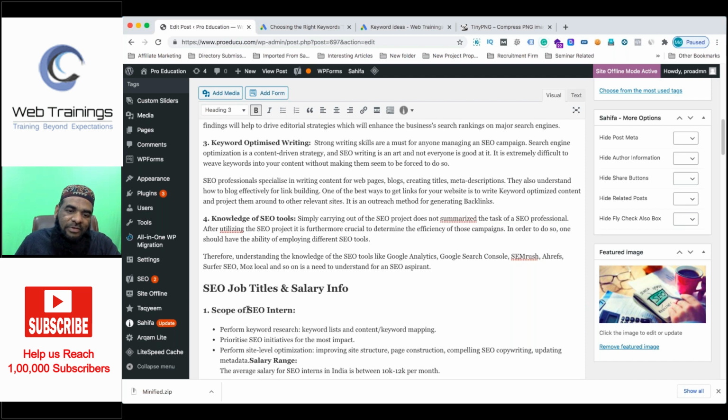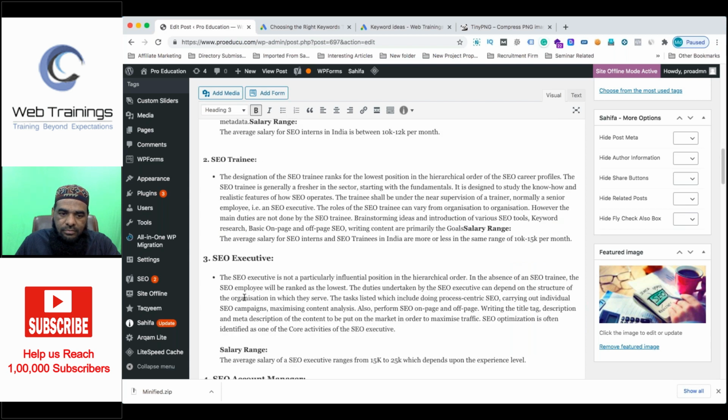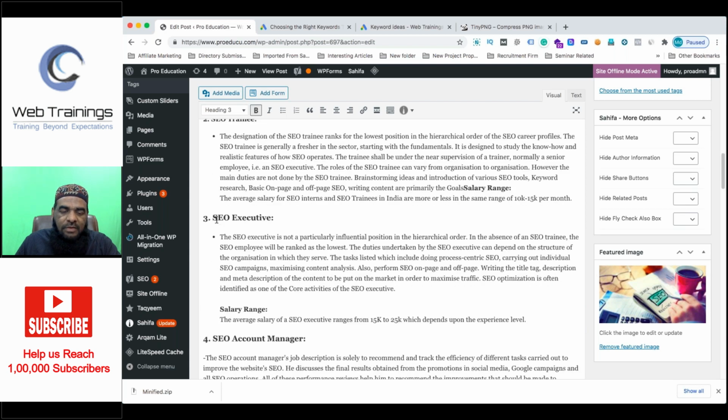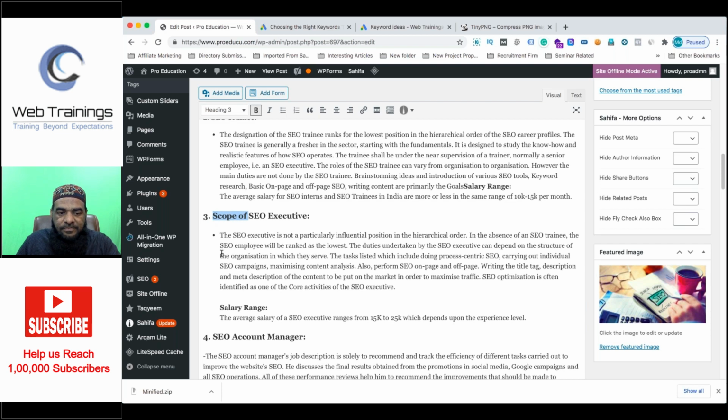Okay, what I'm trying to do is just add one extra word, the word "scope of", so that I can use the repetition for that.